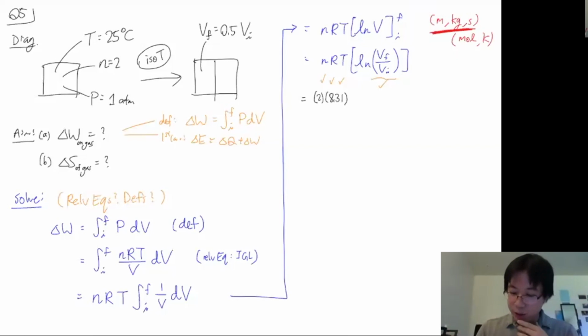And T, what do I plug in for T? 25, right? No, because as I just mentioned, you need SI units in here, right? So you need to have this in Kelvin. So that's what you plug in over there. And then you multiply by